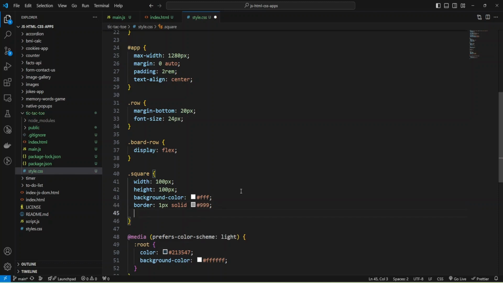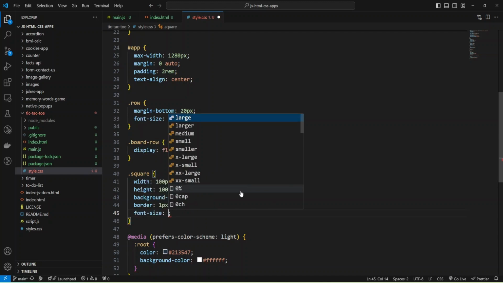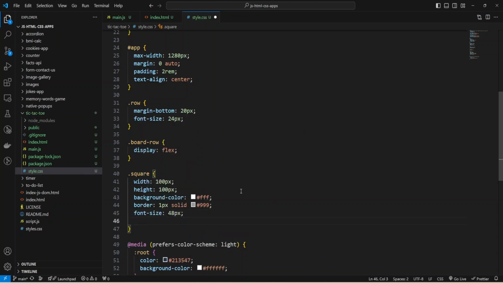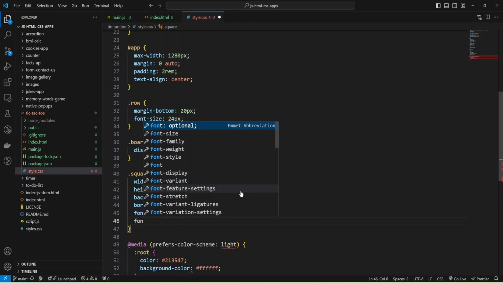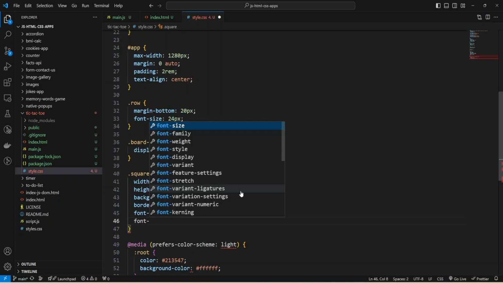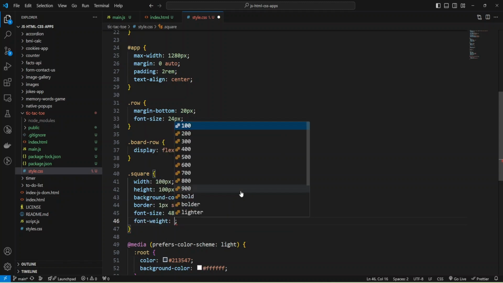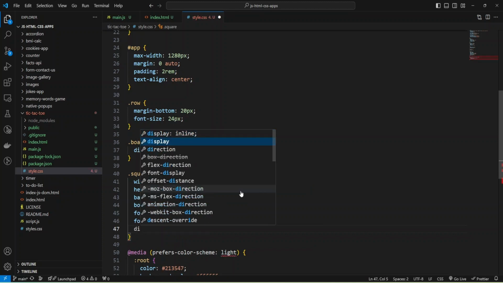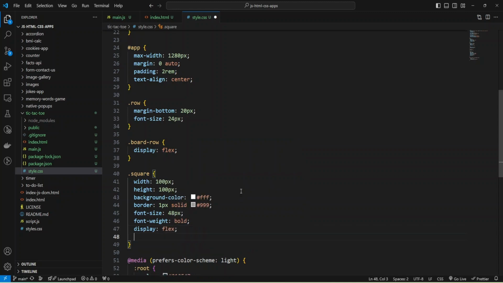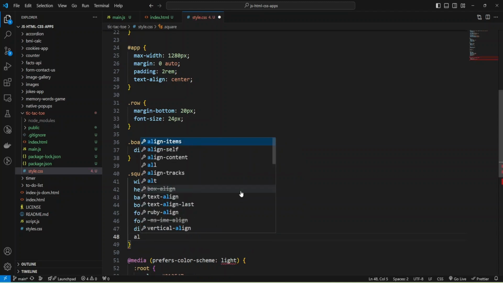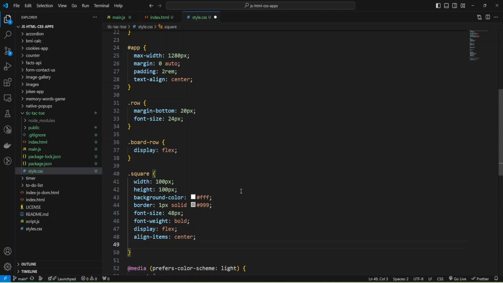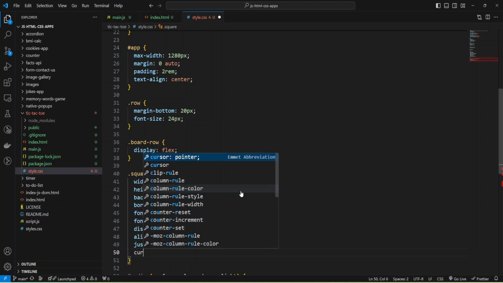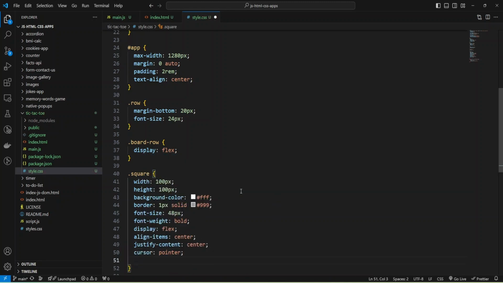And also we can increase font size to 48 pixels and make font weight bold. And also we need display flex and align-items center and justify-content center. And also we can make cursor pointer and add some margin like 5 pixels.